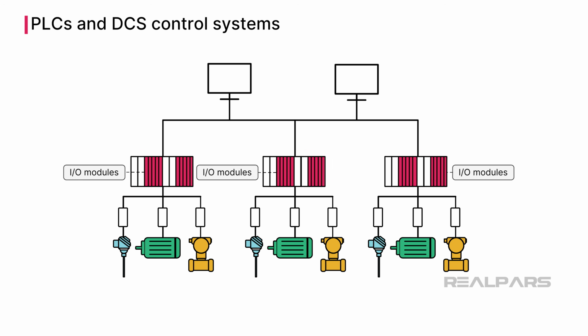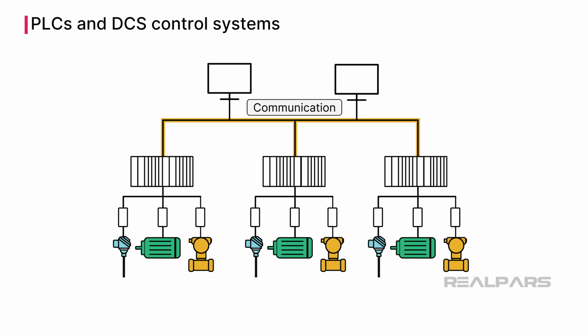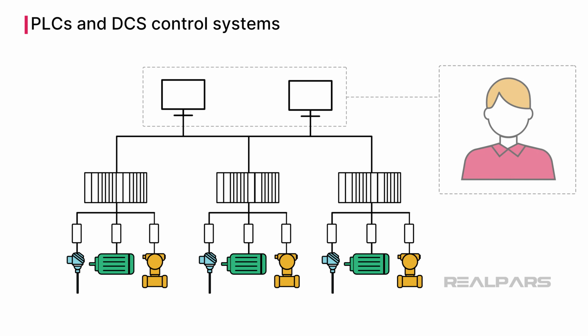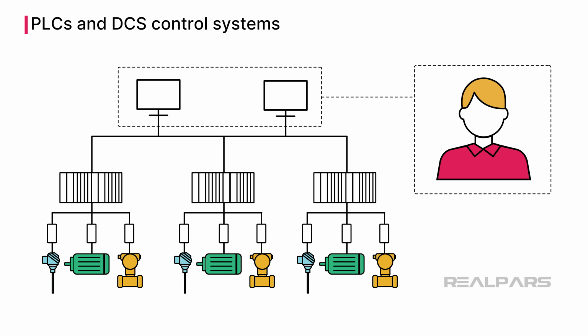The controllers are networked using many communication protocols, such as Ethernet or Modbus. Operator station HMIs are located in a centralized control room. The operator station allows plant operators to observe and adjust real-time plant conditions. An engineering station HMI is located in an area only accessible for actual control logic programming changes for any of